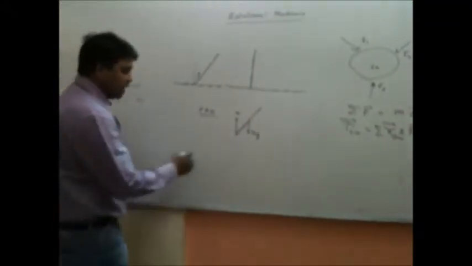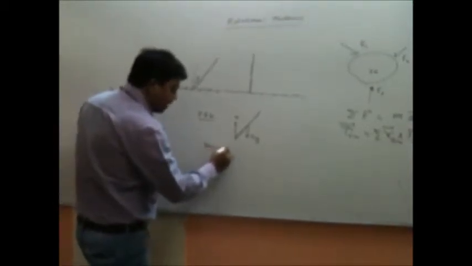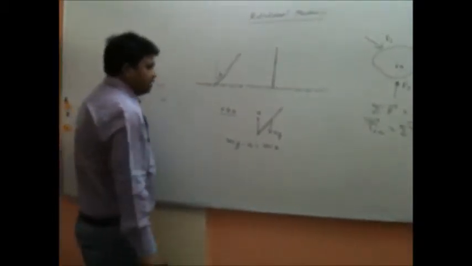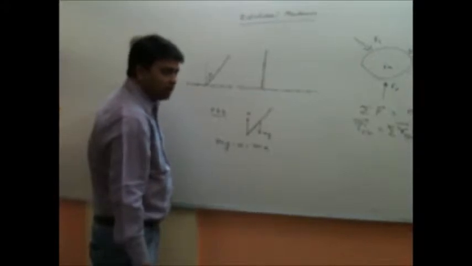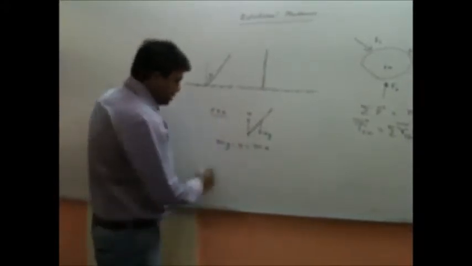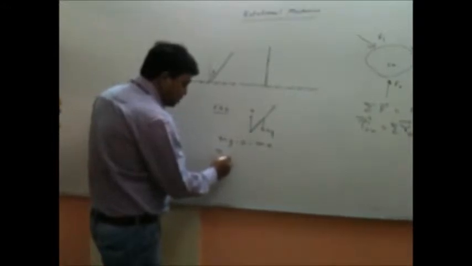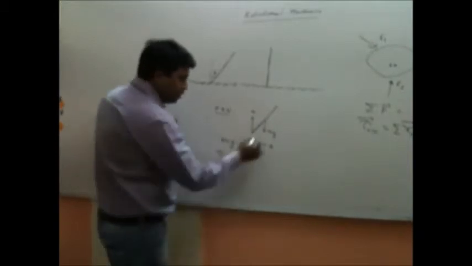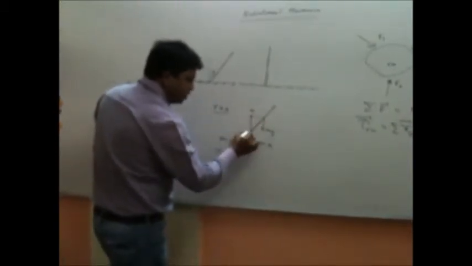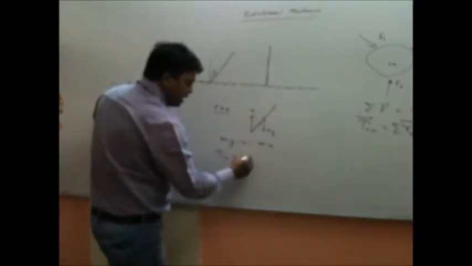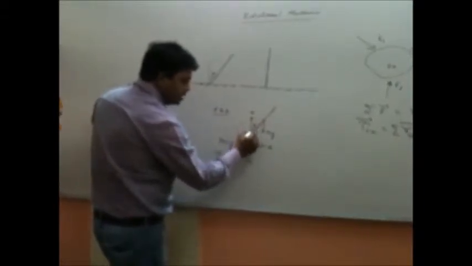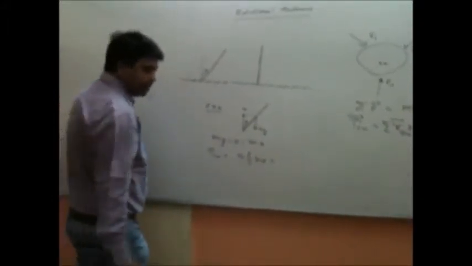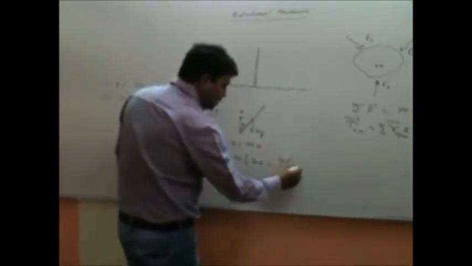And if I write Newton's law, I will write mg minus N is equal to m a. And if I write the torque equation, I should write it about the center of mass. So only the torque due to the normal reaction will count, because mg is passing through the center of mass, so its torque is 0. So what is the torque about this? N into the perpendicular distance. This angle is theta, so it is L by 2 sin theta. Good. And this is equal to I alpha, that is, m L square by 12 into alpha.